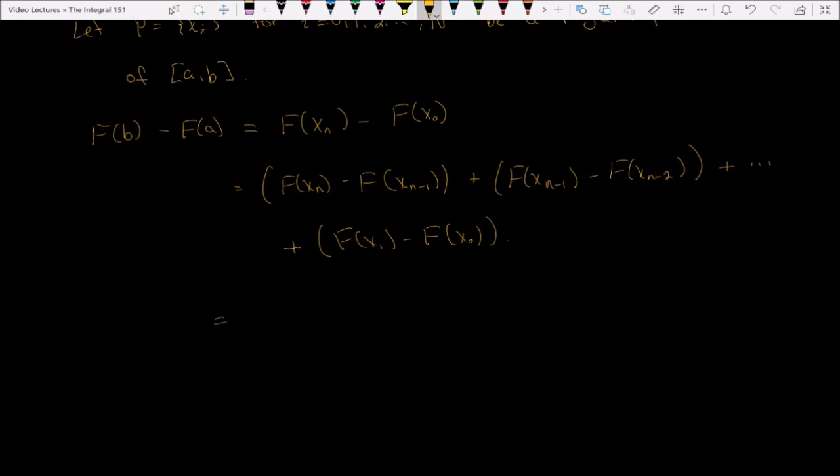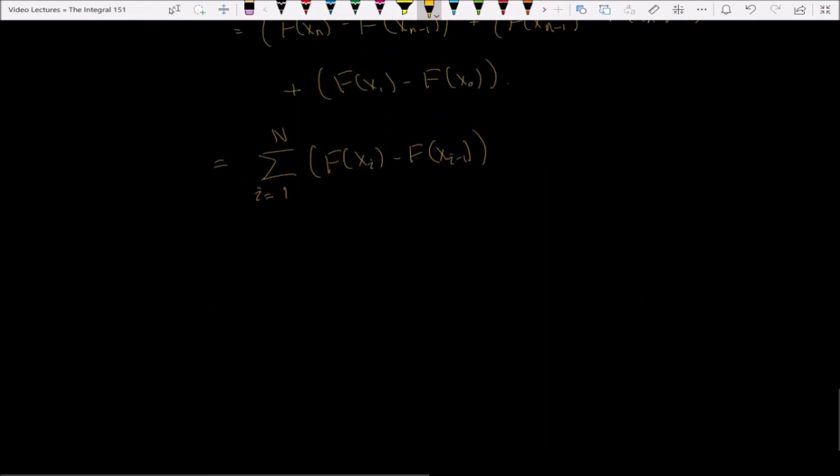But this is the sum i equals 1 to n of F of x sub i minus F of x sub i minus 1. Now, since big F is an antiderivative of little f over a to b,